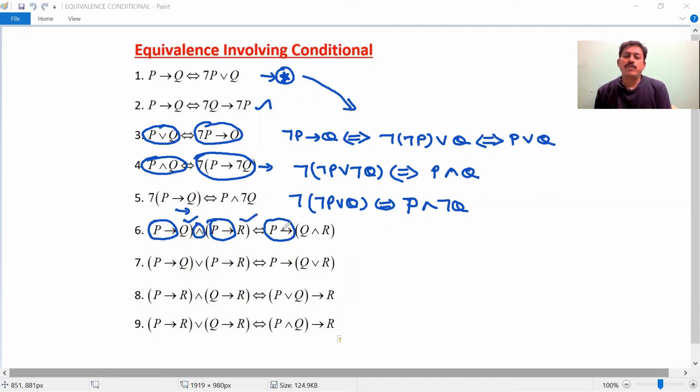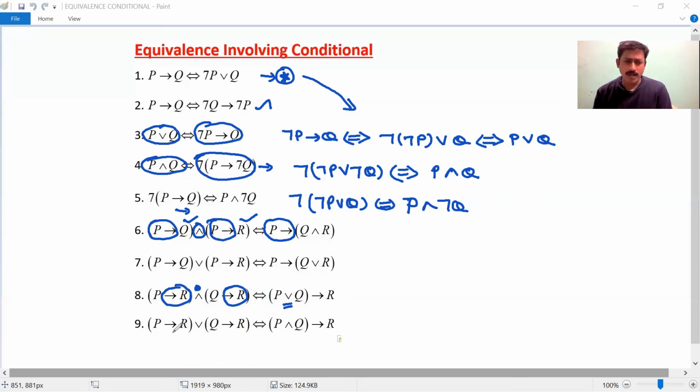So if you take the left side as common, you should not change the symbol, you write the symbol as it is. Similarly, if you observe the 8th formula and 9th formula, if P then R and Q then R is equivalent to P or Q then R. If you observe here, we have taken then R common from the right hand side terms. For that, we have to change the symbol. Here and is given, we should change it to or. So the term can be written as P or Q then R.